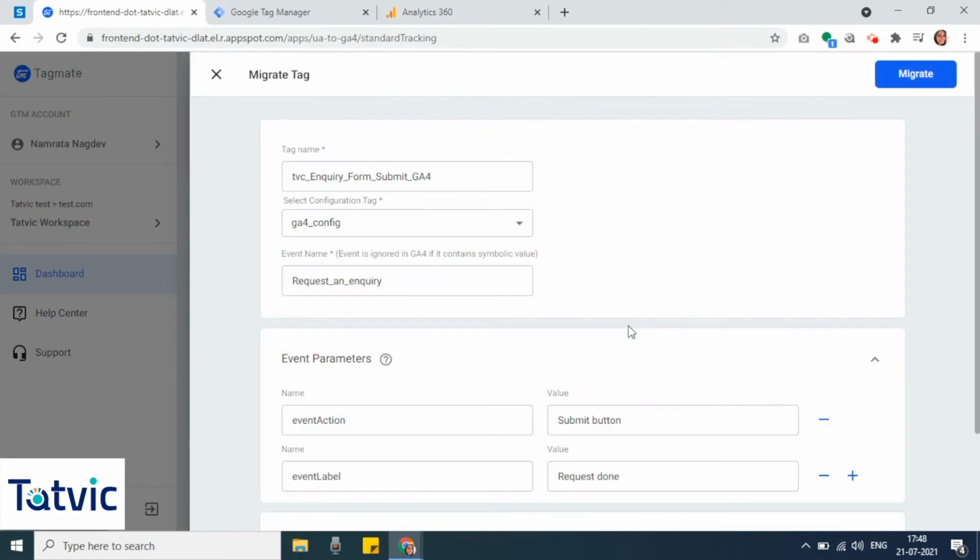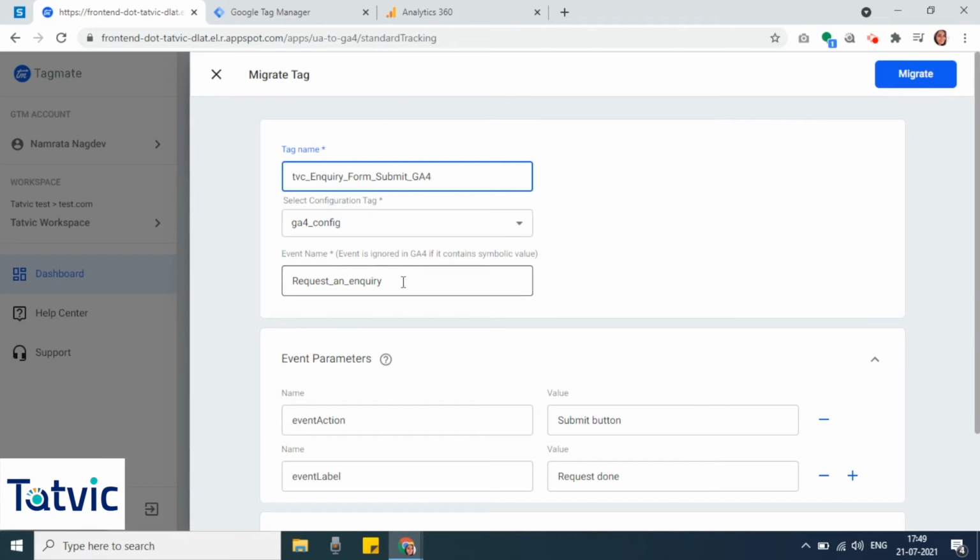A form will open up which will be pre-filled based on the existing UA event tag configuration. You will find the tag name has already been pre-populated according to GA4's best practices format. If you want to change the GA4 config tag, you can do so or continue with the pre-filled details.